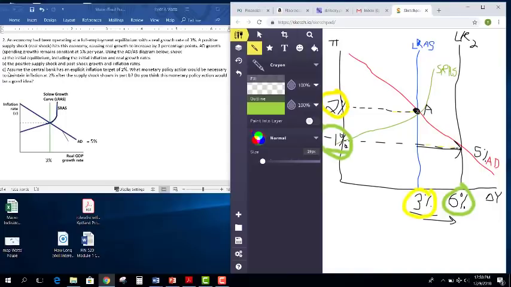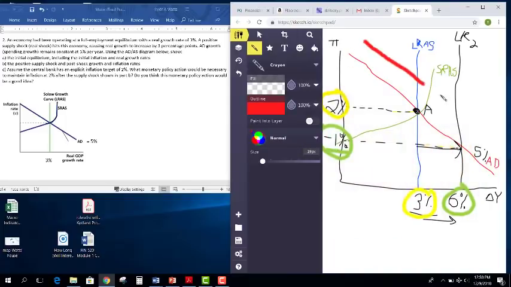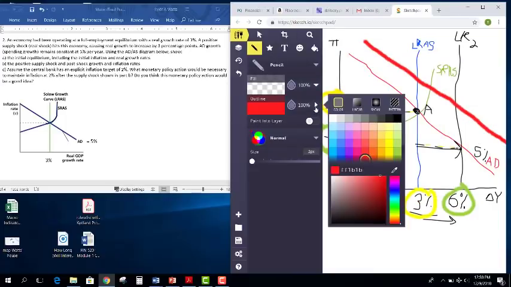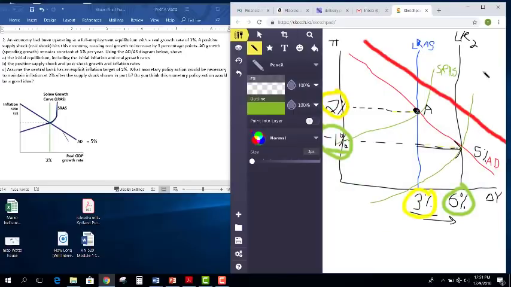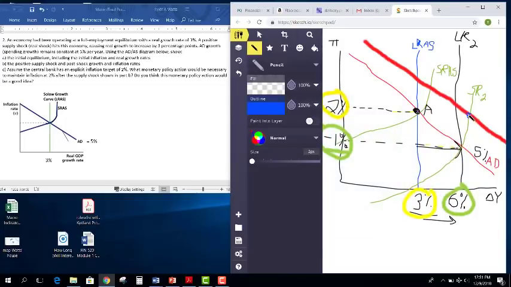All right, so it says in part C, assume the central bank has an explicit inflation target of 2%. What monetary policy action would be necessary to maintain inflation at 2% after the supply shock? Well, to bring inflation up, what does the Fed have to do? In any case, it has to increase aggregate demand, right? And what that would do for us here, let me draw a short-run aggregate supply curve associated with the new long-run aggregate supply curve. Let's just label this SR2. So what that would do is take us up to a higher growth rate here,